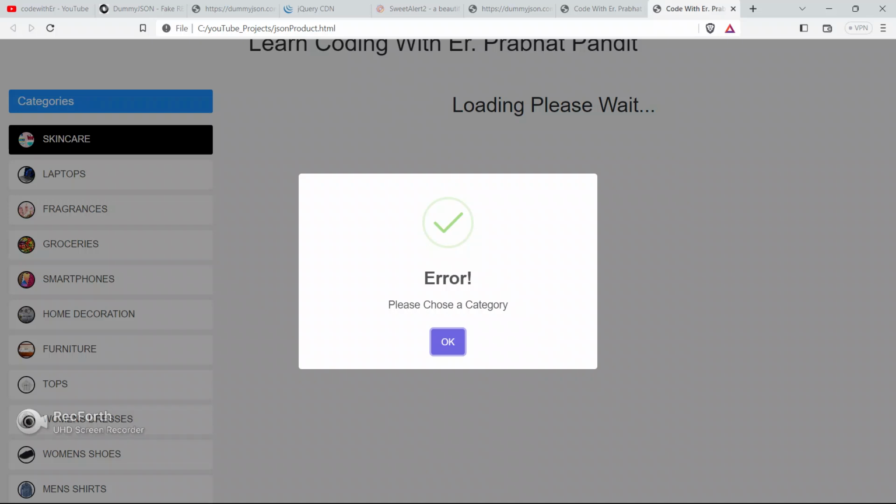See guys, now we will be able to see this kind of alert. If anything goes wrong, then we will be able to see this kind of alert.